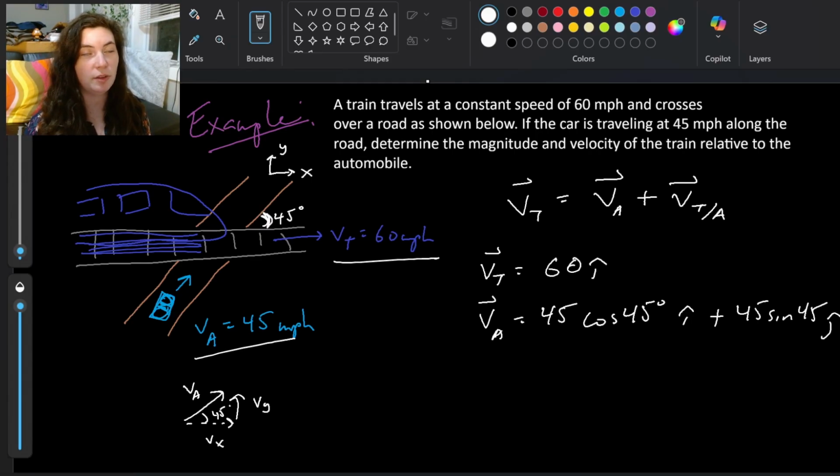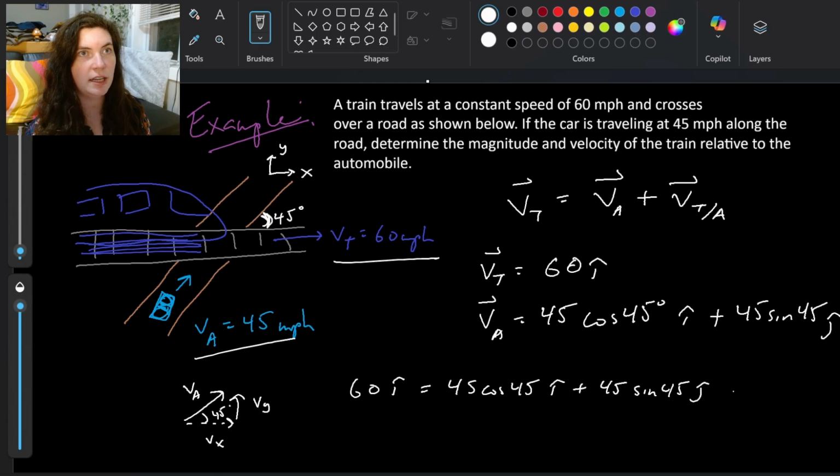And that's pretty much it. We found our vectors. Now we just plug it into our equation to find that velocity of train with respect to automobile. So our VT, actually I'm just going to plug it in there. VT 60 I hat equals 45 cosine 45 I hat plus 45 sine 45 J hat plus velocity of